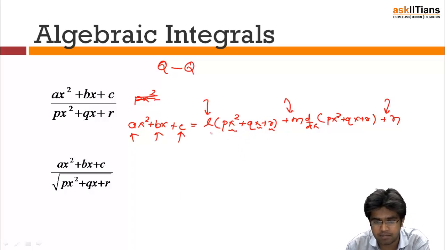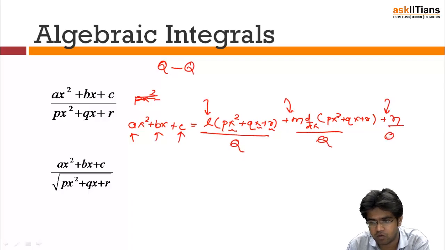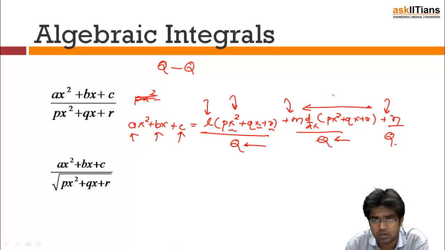If there is a quadratic divided by a quadratic, this will cancel out the quadratic in the denominator because it's the quadratic itself, px square plus qx plus r. If this is the quadratic, then this is its dt. So the differential is available again, L times dt, and a constant value divided by the quadratic. Again, I have told you in the previous case how to solve it by making a whole square in the denominator. So algebraic integrals are very easy if you know this concept.